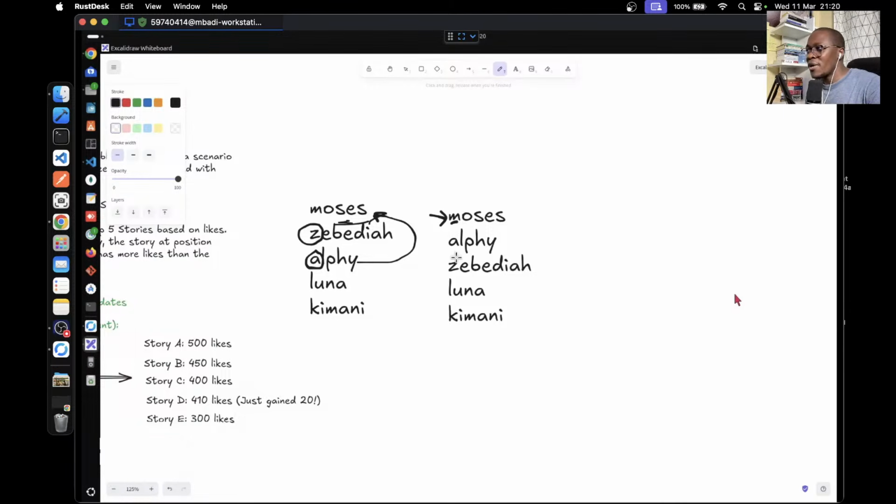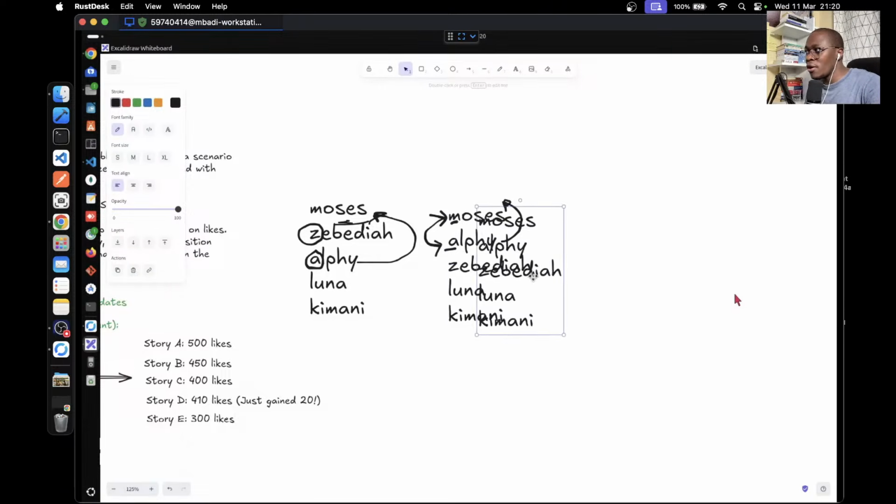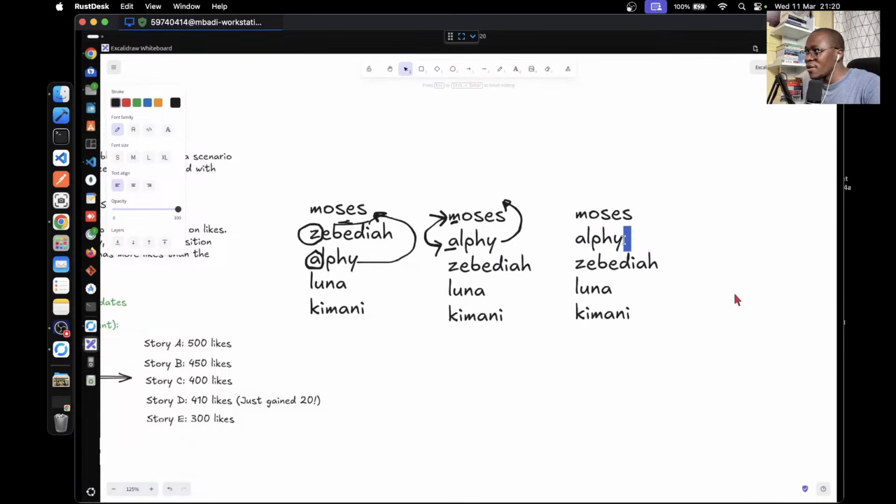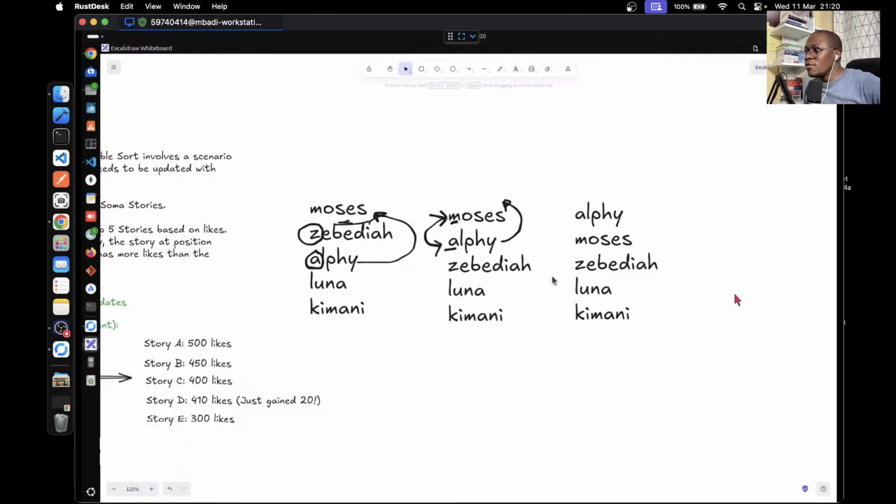Here we have M and we have A. Which one comes first? It sees A comes first, so it moves A to the top of the list, and then M, it moves down. So with the second repetition of our code, we have Alfie going to the top. Using bubble sort, we've moved Alfie from index 2 to index 1. Now that is bubble sort. Are we together now?